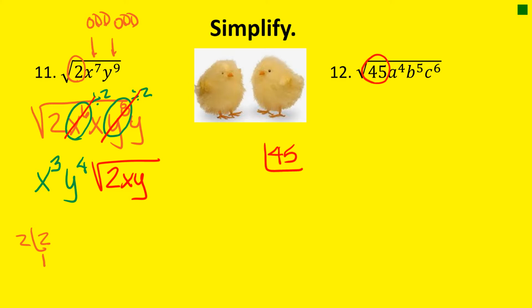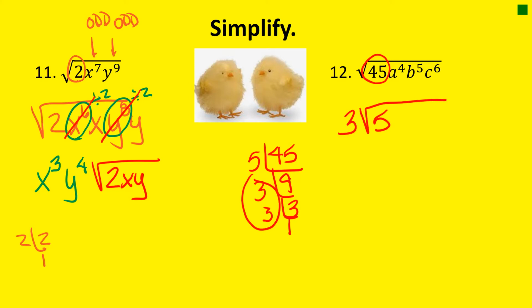This is getting pretty long. So that's divided by 5, which is 9. Divided by 3 is 3. Divided by 3 is 1. So I'm bringing out a 3 and I'm leaving in a 5. At this point, I'm going to make sure everybody is even. He is not. So I'm going to rewrite that as b to the 4th times b and keep this as c